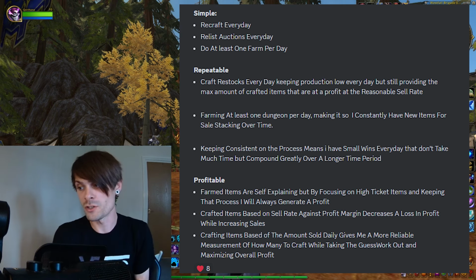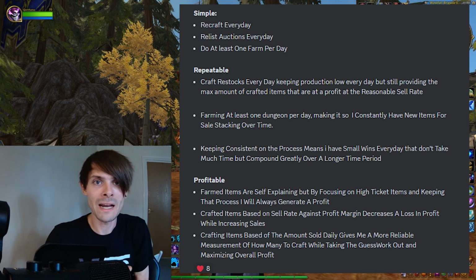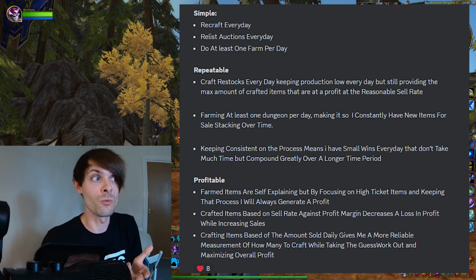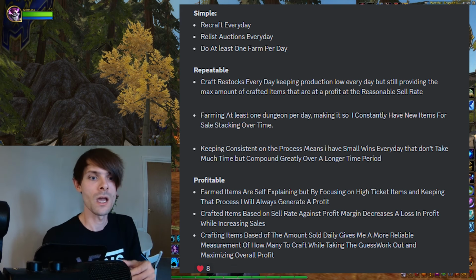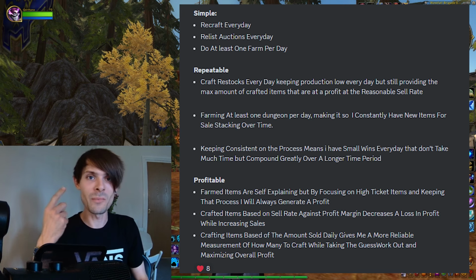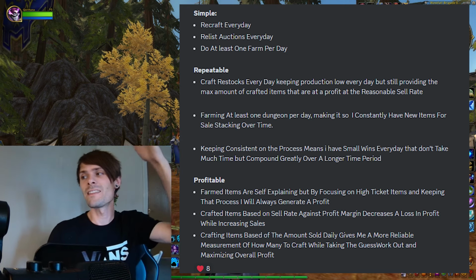So if it's got a good sell rate, it's got more profit, then I want to produce more of that. What is the max amount I should make? So we look at the daily sold for that, and that will maximize our returns every single day. So it's simple, repeatable, and profitable, all compounded into one. And that being said,